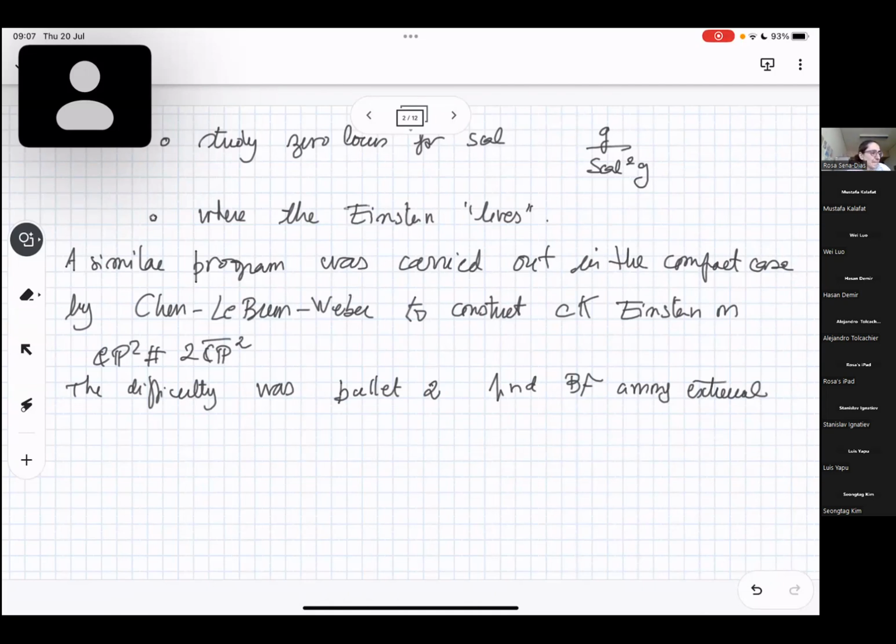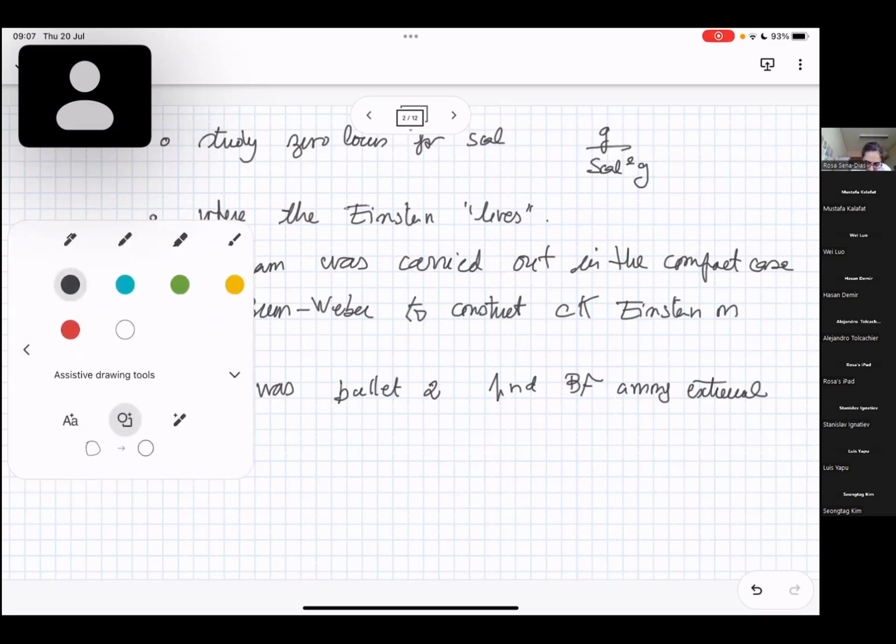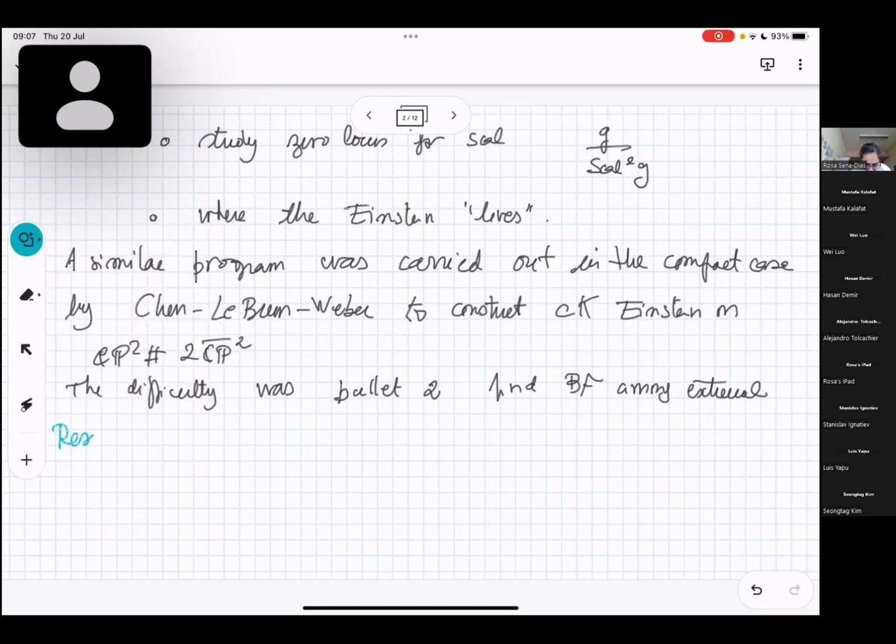So let me just state our results, and then I'll discuss them and put them into context. Okay, so the first theorem is just a sorting theorem. It's where we sort out Calabi's metrics. So we put them together in a nice package. So you can think of it like this. So fix an m,